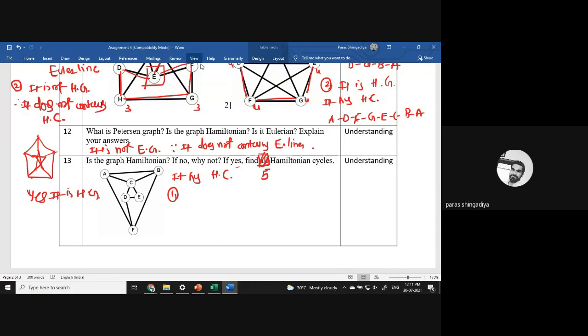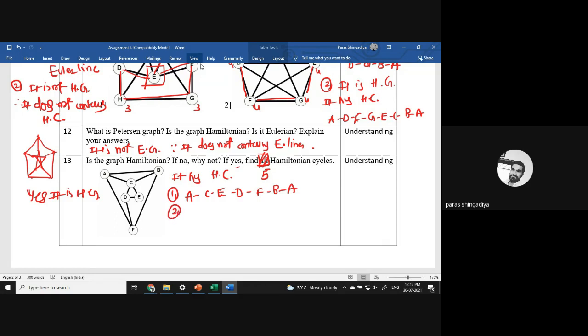Okay. So how can we find different Hamiltonian cycles? We just change the starting place. Now change the route and again reach back to the starting place. So that will be the difference. Clear? So the first one is A to C, E, D, F, B, A. Okay, A, then C, E, then D, F, B, and A. That is one Hamiltonian circuit.